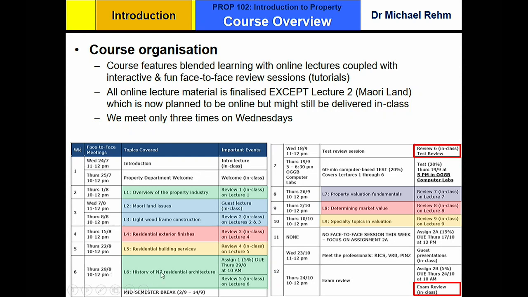So that's the structure. Here's all the different lectures. There's your big test. We have a couple of review sessions before the test, specific to the test, so test review and exam review. There's nothing super complicated here. Like I mentioned before, lecture number 2, I don't know yet whether that's going to be online or in this room. What is that, a week from today? No, two weeks from today. I don't know yet, I'll let you know. Keep your eyes on Canvas announcements, and most likely it'll be online just like all the other stuff. That's what I've agreed with the guest lecturer.